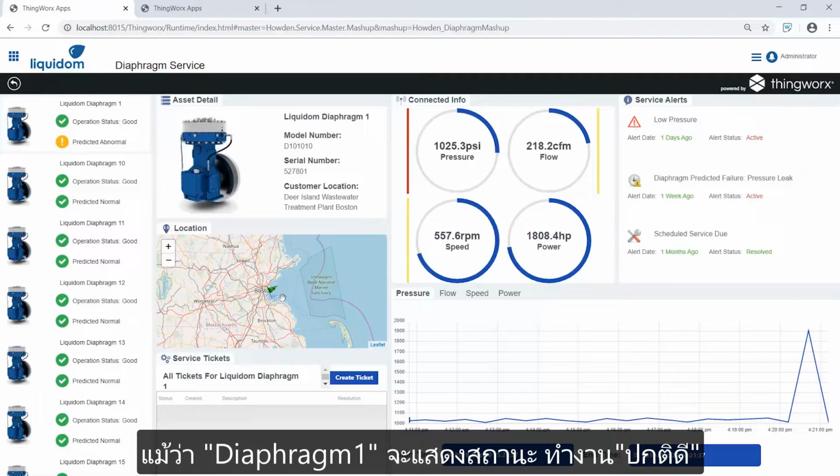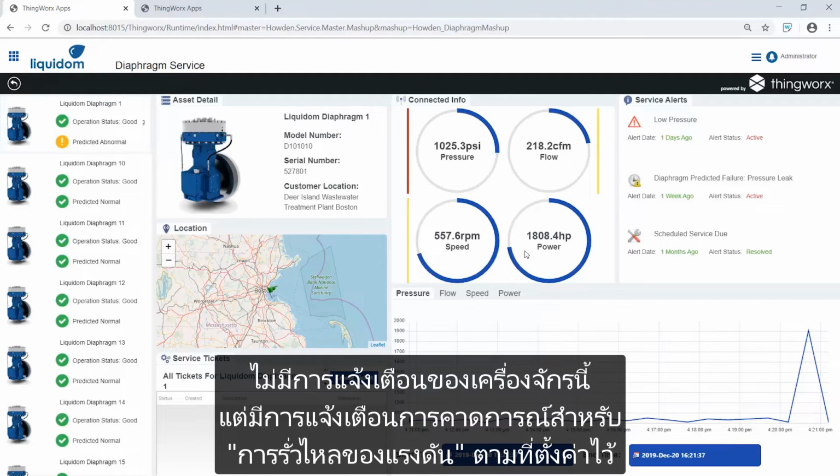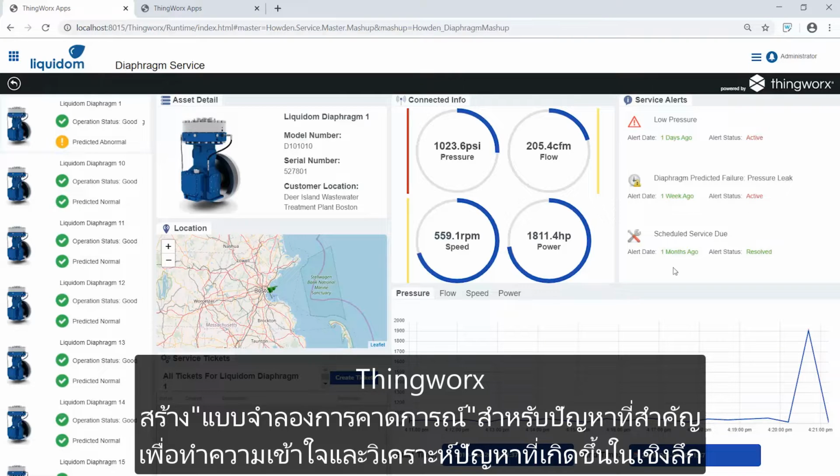Although this asset is showing its status as good, Thingworx is predicting abnormal activity. For more context, we can view Connected Info, where we can see the readings from the compressor. There are no active alerts for this machine, but there is a predicted alert for a pressure leak, which has been flagged. By constantly analyzing asset condition data and historical data from similar compressors, Thingworx creates prediction models for the